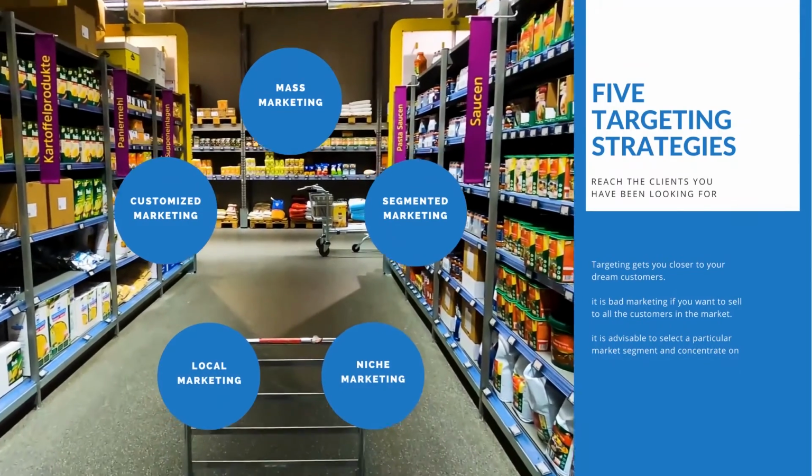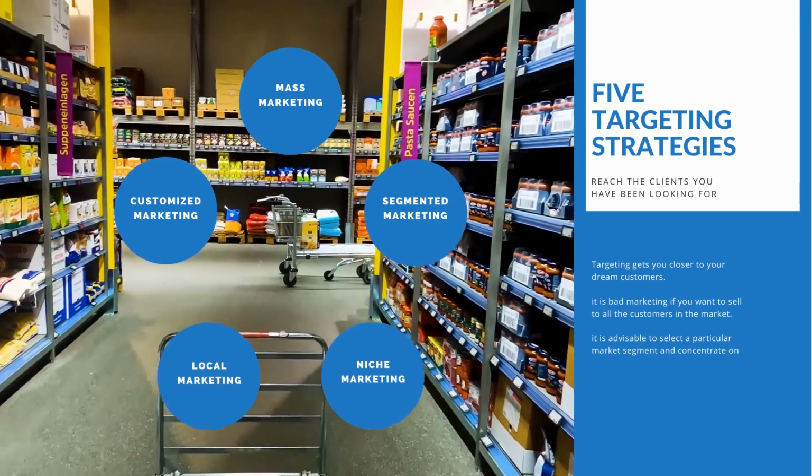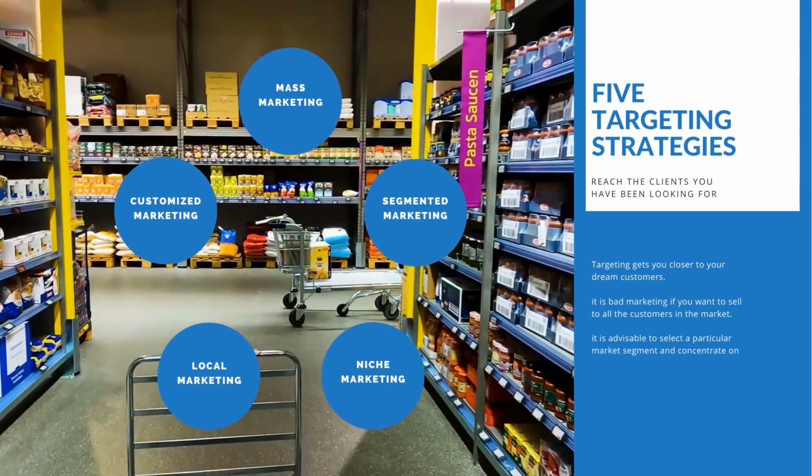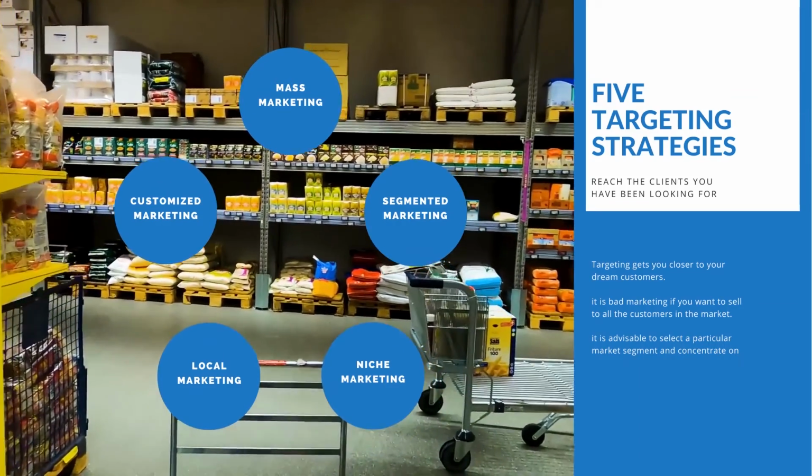After we've selected the market segment, we then have to target that market segment. This can also be done in 5 ways, which is mass marketing, segmented marketing, niche marketing, local marketing, or concentrated marketing. After the market has been targeted, it is then time for you to position your product in the minds of the consumer to give you a favorable advantage over your competitors. This can also be done in so many ways, be it price against competitors, benefit, characteristics, usage occasion, and so